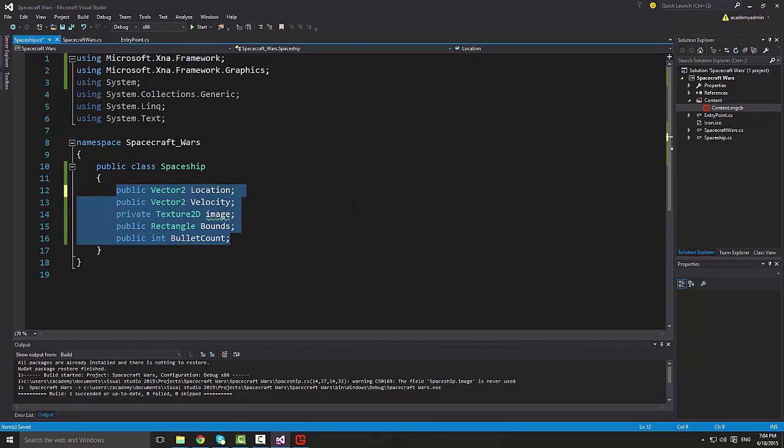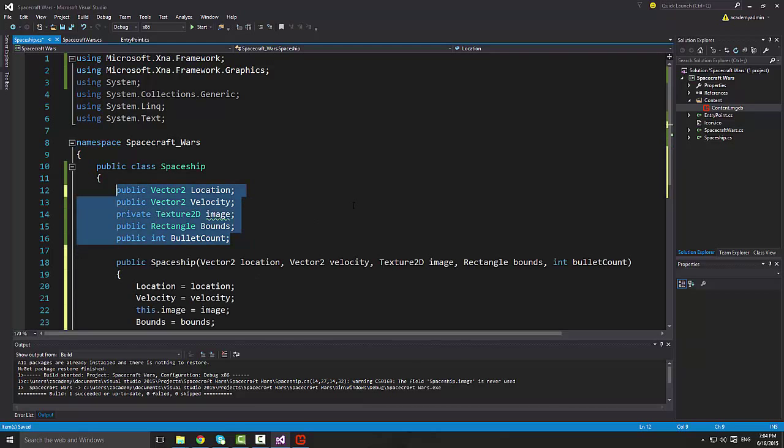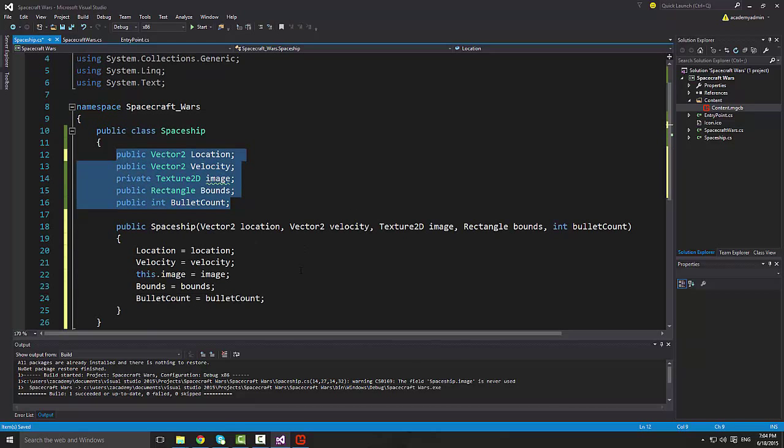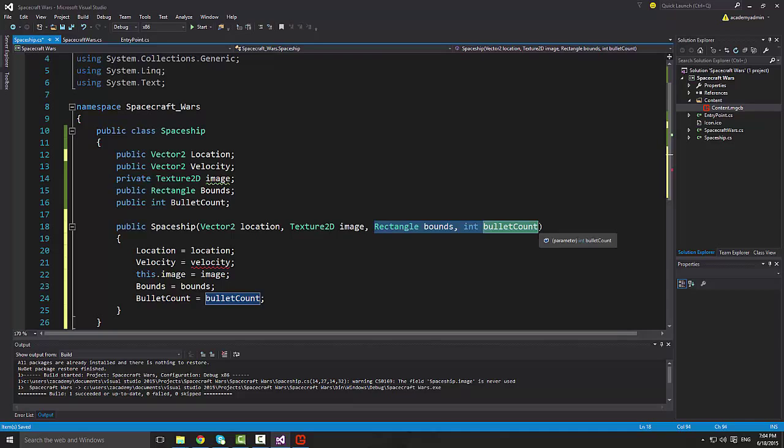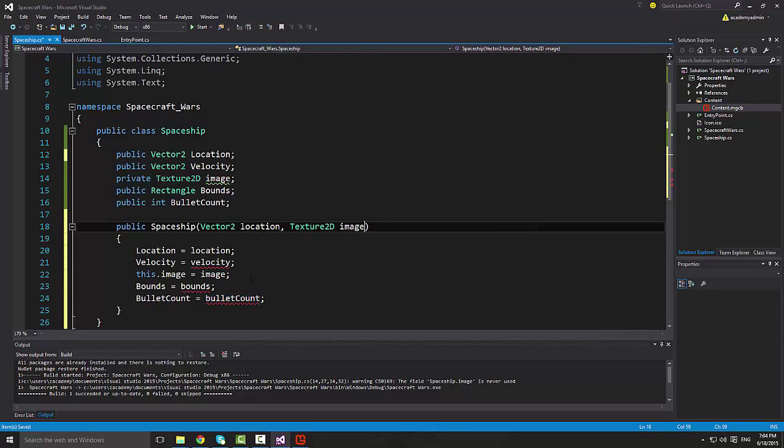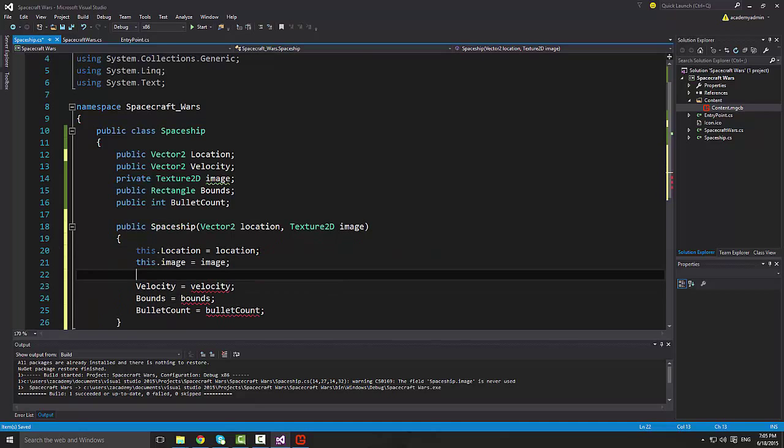Okay, so I'd like to have a constructor, and this is the really nice shortcut way to do that. But I'll delete most of these, so I'll leave the Texture2D. Okay, I will remove the bounds as well. I think, or no, I'll just set them manually. So this.location equals location, and this.image equals image, and after that I want to say this.bounds